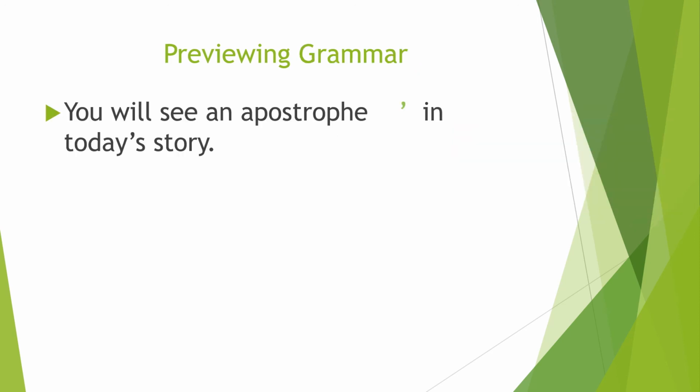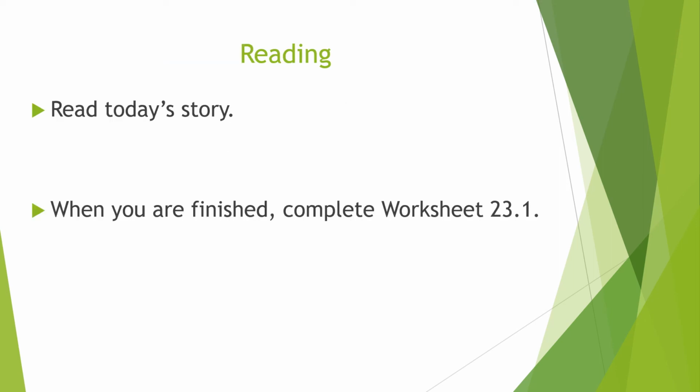You will also see an apostrophe that looks like this in today's story. Remember, the apostrophe shows that something belongs to someone. Read today's story on your own. When you are finished, complete worksheet 23.1. We'll go over it after you read the story. Make sure that you're doing your best reading. We've learned every single word in this story,